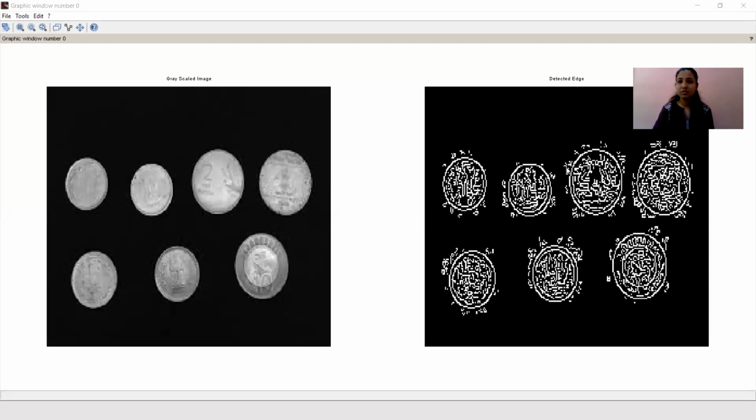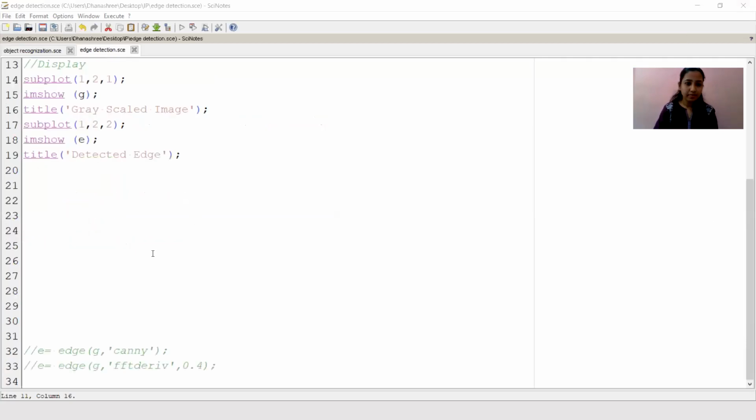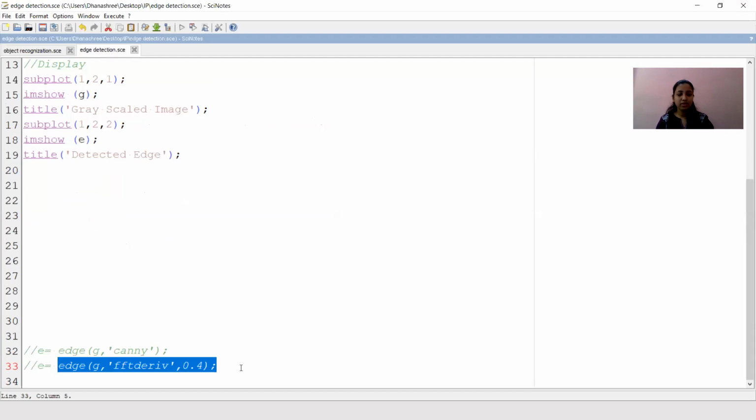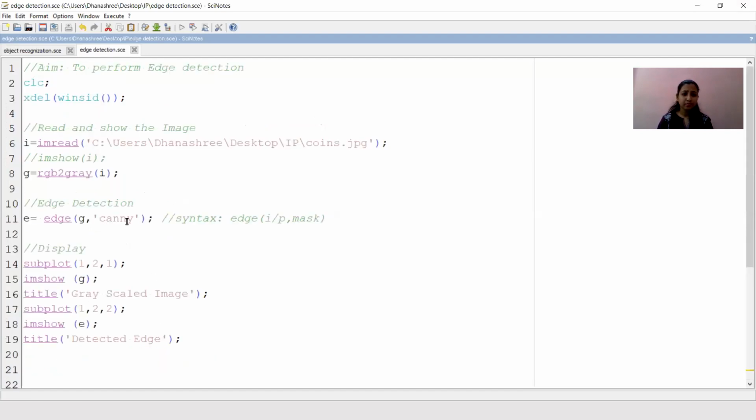Okay. So, depending on your requirement, you will change the mask. There is one more mask which you can use, this FFT derivative. So fast Fourier transform provided with a threshold. This FFT derivative will first of all find the fast Fourier transform, then it will take a derivative. Why do we go for a derivative? Because whenever there is a change, on the back end it calculates the derivative of it.